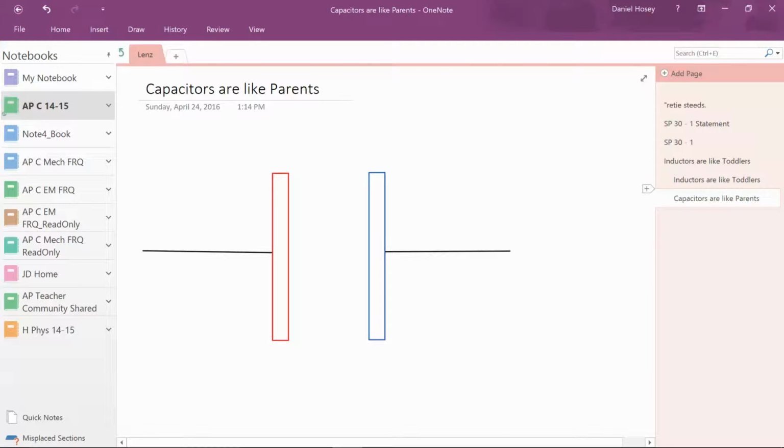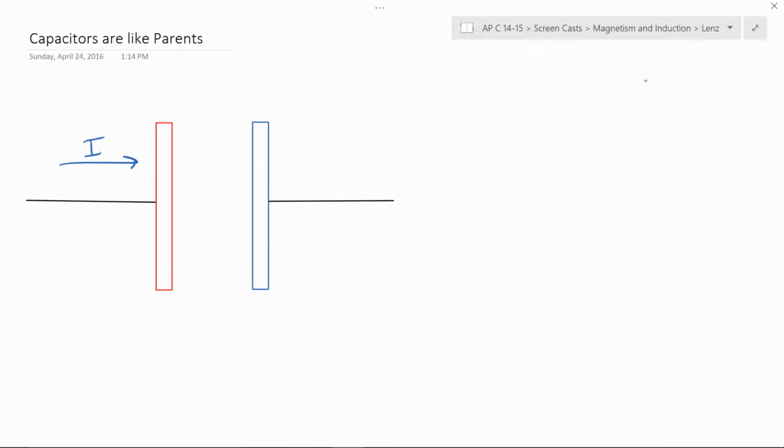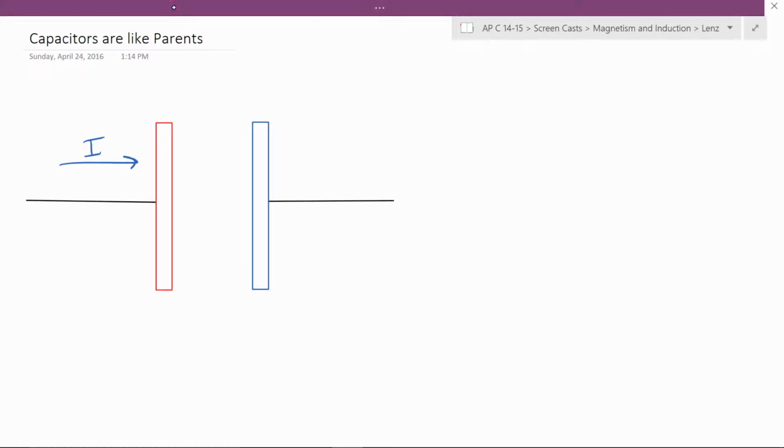So in a capacitor, it's kind of similar in that you may want current to flow here, but capacitors are different. They're a little bit more like parents. Initially, if the capacitor is uncharged, it offers no opposition whatsoever. But then, as the charge builds up, it starts to oppose the current. So as you start to build up charges,